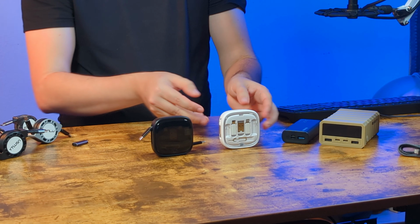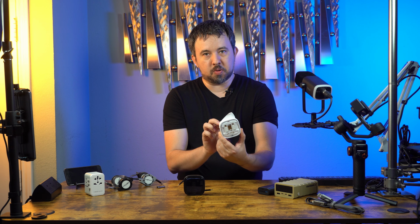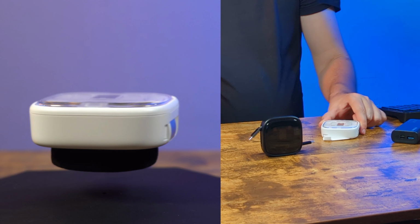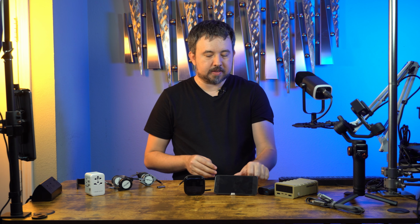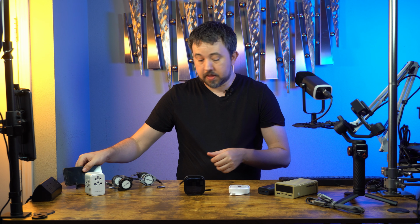But wait, there's more. These actually feature a kickstand built into the case. So say you're on an airplane and you're watching a movie. Well, instead of holding your phone in your hand, you can pull out that kickstand and throw your phone on it, and you're good to go. You can enjoy your movie in peace. So now that you're convinced that you want this cable,